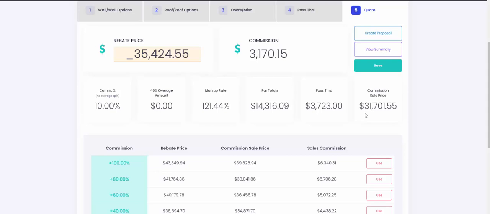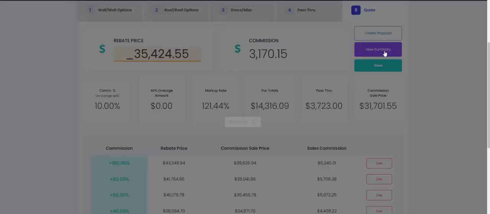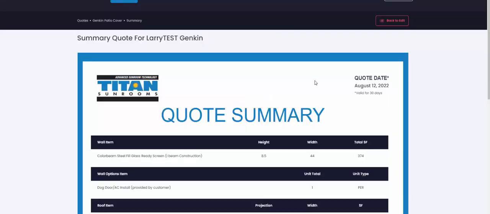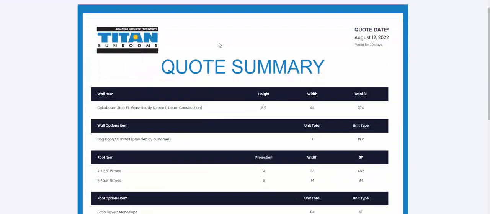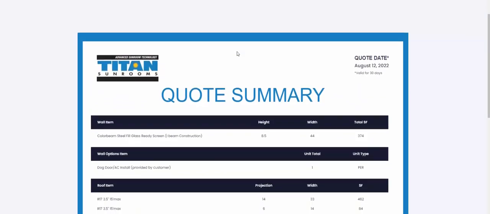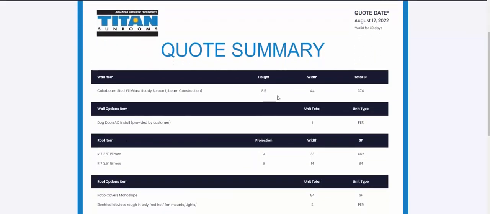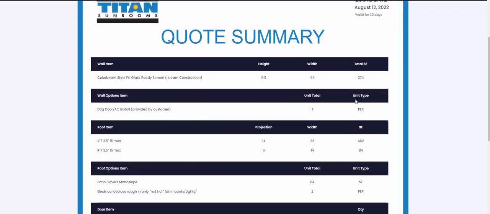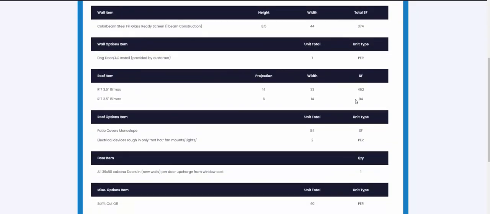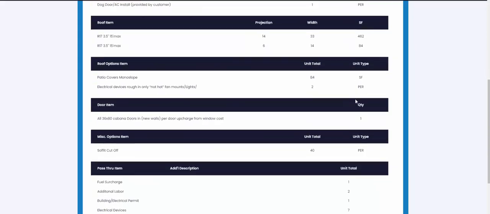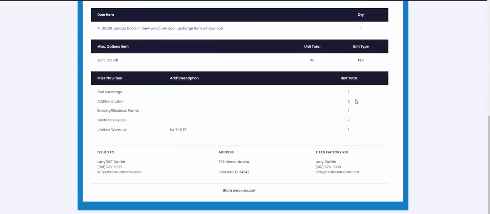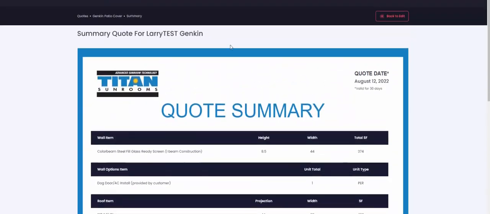But then it gets even better. Say the client wants to see a list of what items are in this pricing quote that you're giving them. Well, you can click the View Summary and create a PDF of this. Now here, it'll all be your own branding, but in this particular example, you can see the items. It tells you the dimensions, but it does not provide the pricing of the individual items. So it's exactly what we want the client to see. You can see all the items for this particular job. If I go back here,